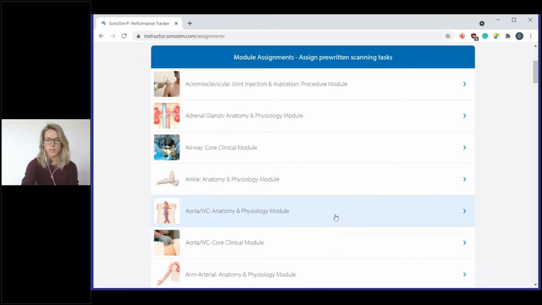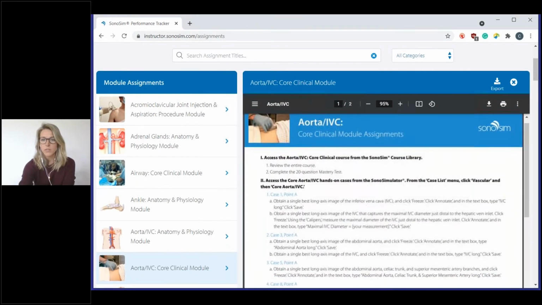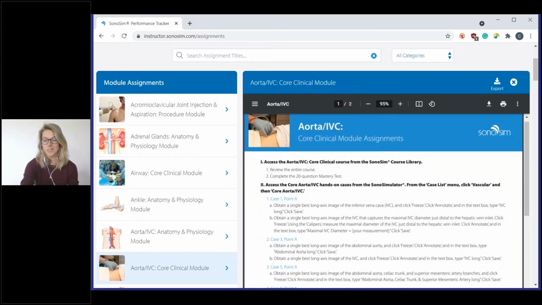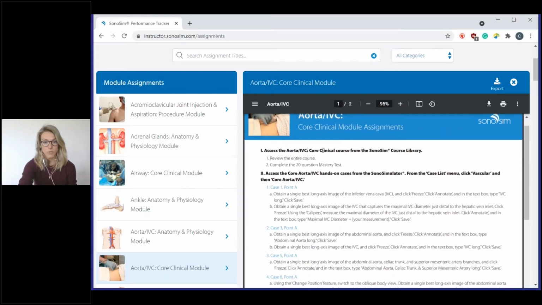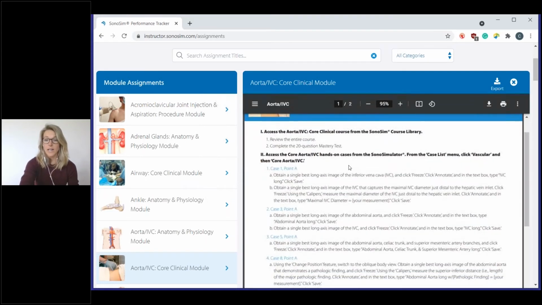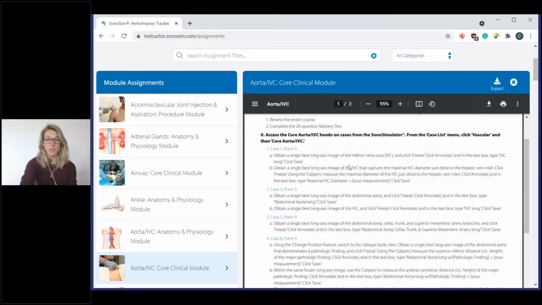Okay, so if we go into our Aorta IVC core clinical module, you'll be able to see what I mean by module assignment. Essentially, it's pre-designed and made to be able to download, post to Canvas, post to Blackboard, or email directly to the students, so they can self-guide themselves through the learning. So you can see it'll say, review the entire course, go through every slide, complete the mastery test, passing is 75% or higher, and then it will actually guide them through scanning cases so they can go in and save